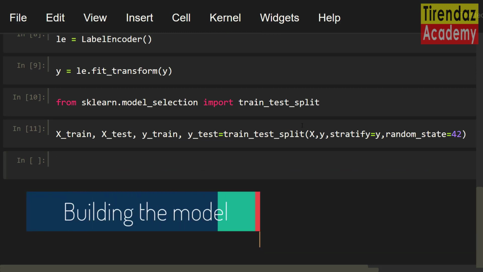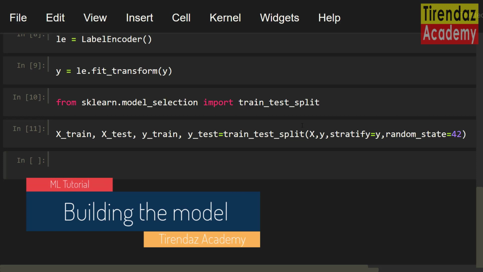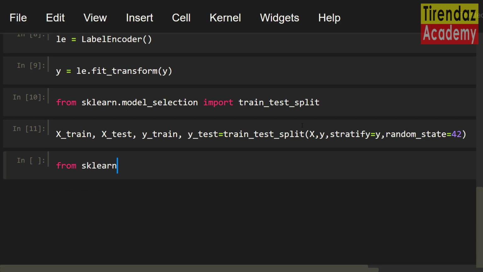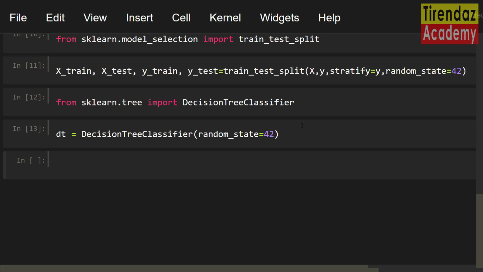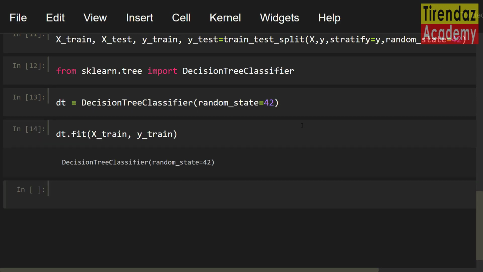Let's go ahead and take a look at how to build the decision tree model. First of all, I am going to import the DecisionTreeClassifier class from sklearn.tree import DecisionTreeClassifier. Let's create an object of this class: dt equals DecisionTreeClassifier. First, I want to use the default values, so I'm gonna only set the random_state parameter. random_state equals 42. Let's build our model with the training sets. dt.fit, let me call the fit method. After that, I'm gonna use X_train, y_train. Awesome! We built our model.